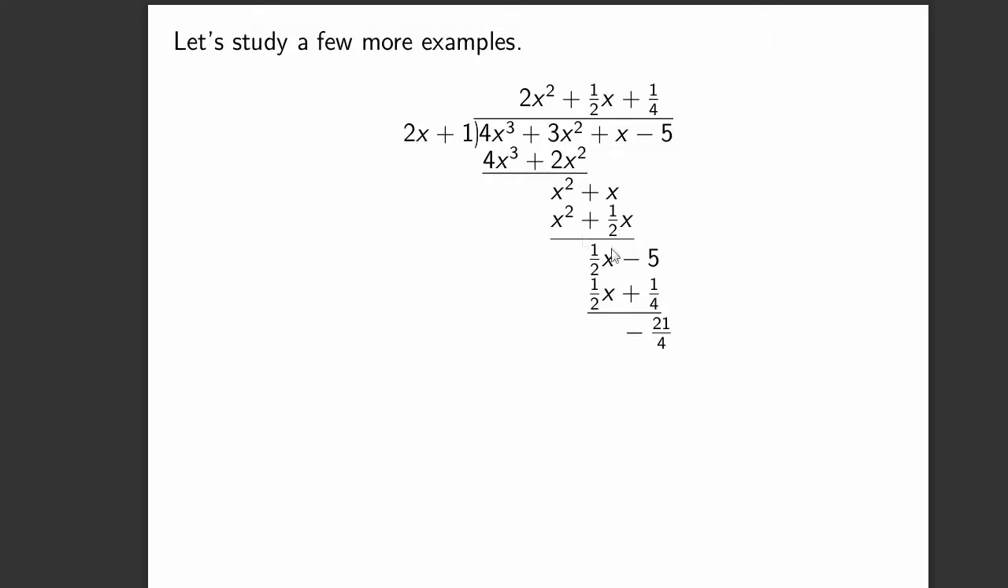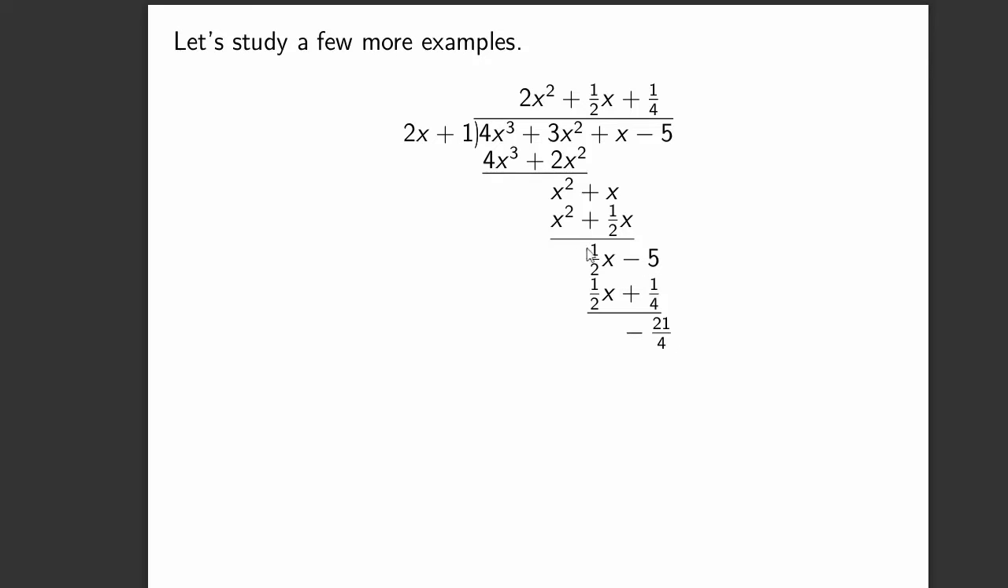Now divide this x square by 2x, we get half x. Multiply plus half x by 2x plus 1, we get x square plus half of x. Again subtract, this x square cancels out, and what we get is half x. Bring down negative 5 over here, we get half of x minus 5,